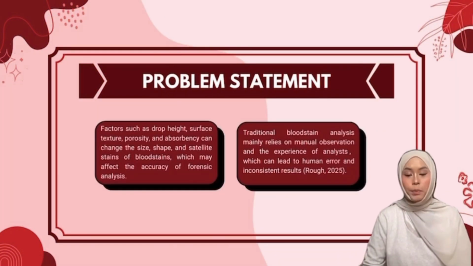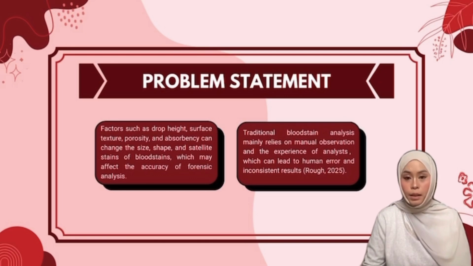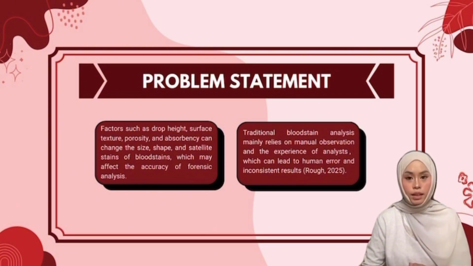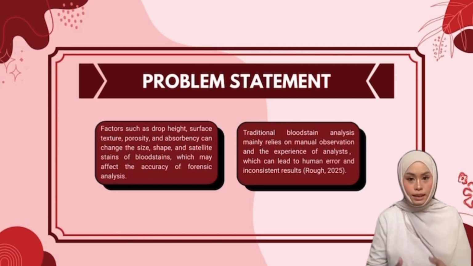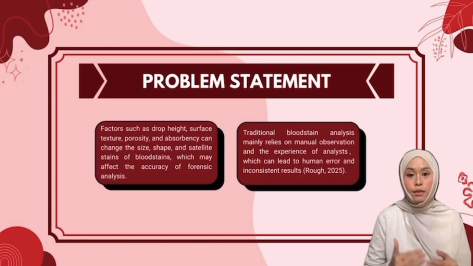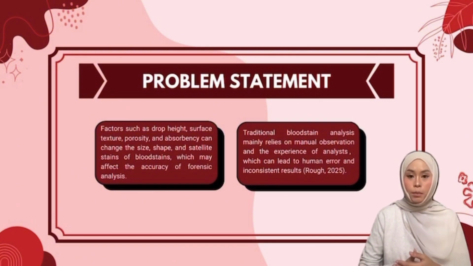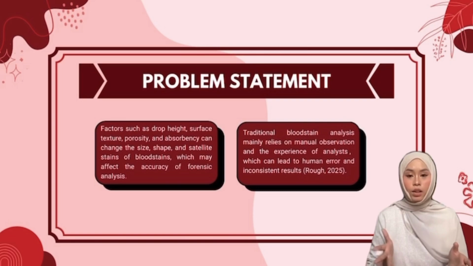investigation. The interpretation of bloodstain patterns can be affected by factors such as drop height, surface texture, porosity, and absorbency. These factors can change the size and shape of bloodstains, making forensic analysis more difficult. In addition, traditional bloodstain analysis mainly depends on manual observation and the experience of analysts, which may lead to human error and inconsistent results. Therefore, this study was conducted to examine the effects of drop height and different surface types on passive bloodstain patterns and to evaluate the use of deep learning models in improving the accuracy and consistency of